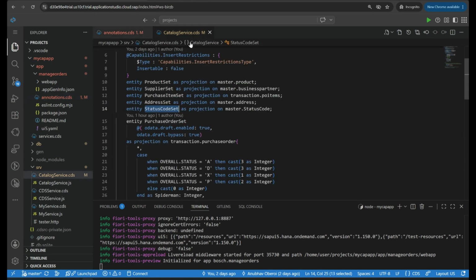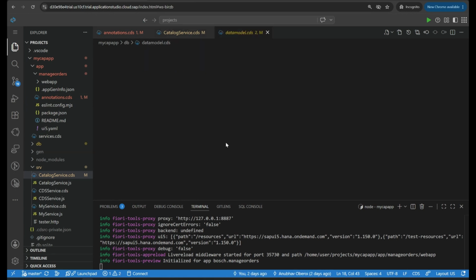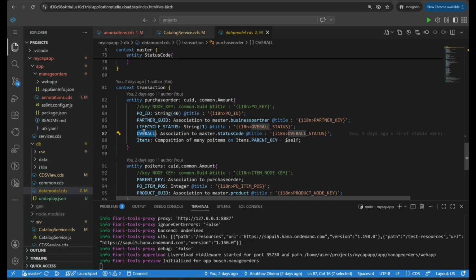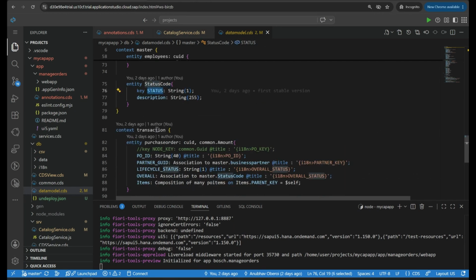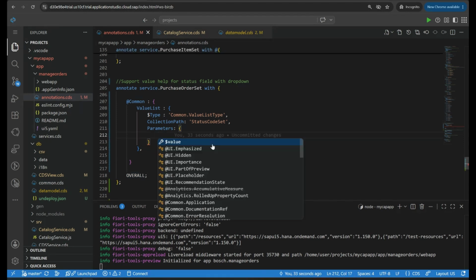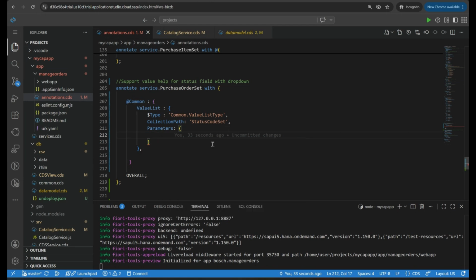So if I also quickly show you the entity, you see in the entity the field name is overall. So your value help annotation should correspond to this, but the field name at runtime will be overall underscore this check table primary key, which is status, in the database. So that's why we provide the parameter, and we say my parameter type. I just specify the parameter as an array,